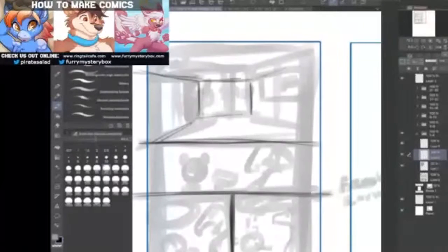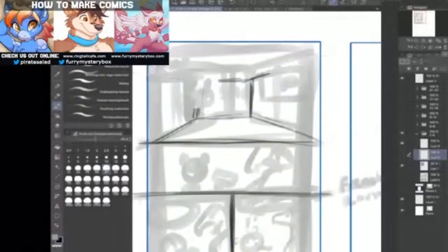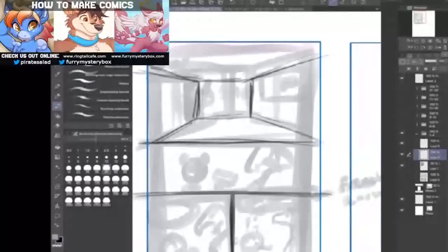If I were actually doing a real comic, I would also put in my perspective grid. If you have Clip Studio, it actually has a tool specifically for perspective grids. It is really great. I have not mastered it, so I don't use it that often, but it's pretty useful. I use it whenever I need to make straight lines. So in this case, we'll have